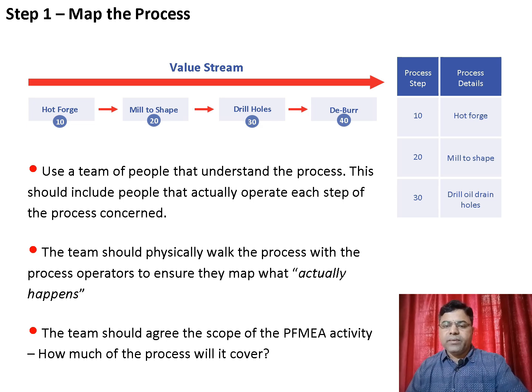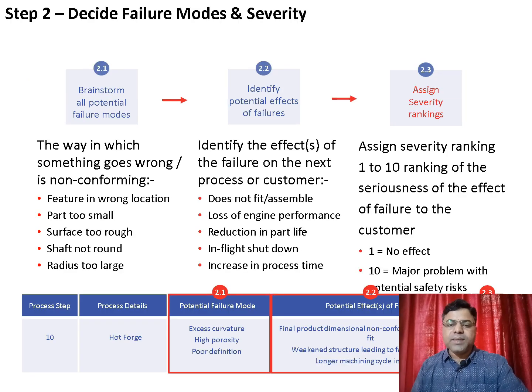And whenever there is an agreement, every team member should agree on all the scope which is defined in the FMEA activity. After that we have to note down all the details in the steps. Second step is decide failure mode and severity. In that, first of all we have to brainstorm all the potential failures in which something goes wrong or there